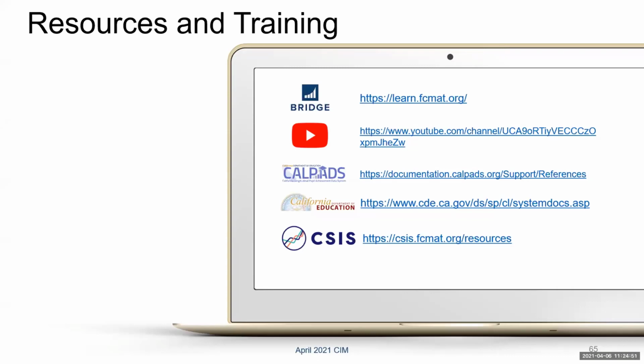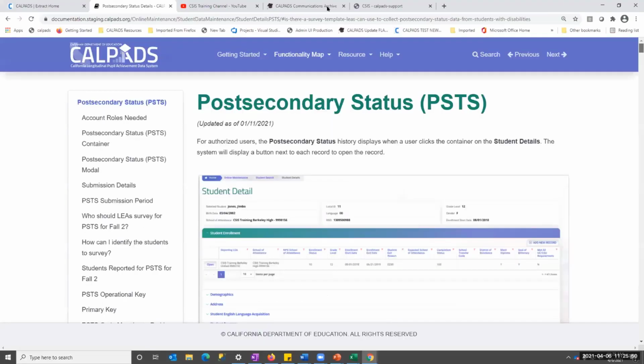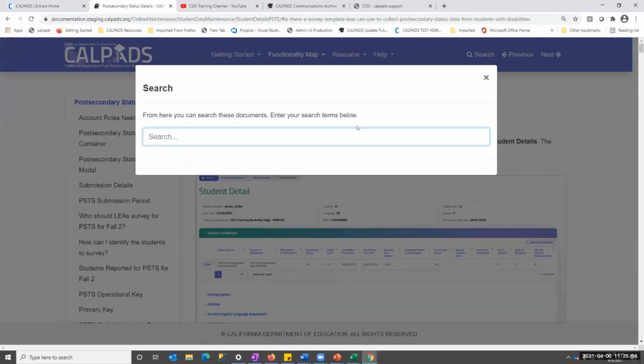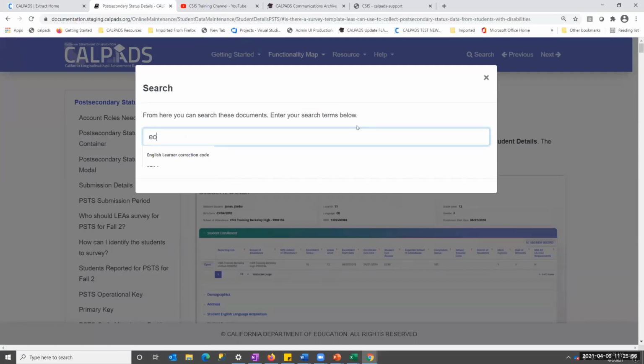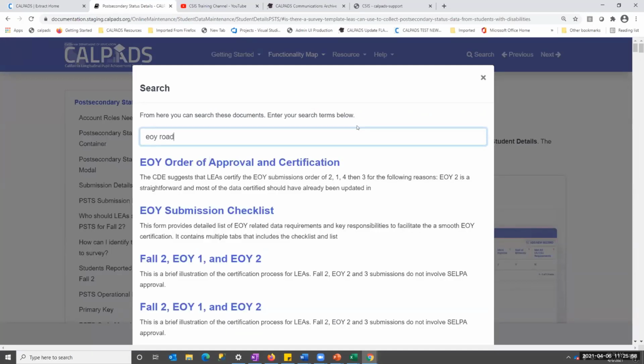And on our resources page, we've got Bridge, which is our learning management system for the LEA admins and SELPA coordinators. I showed you our YouTube channel a little bit earlier. We referred to the CALPADS help manual several times. Kyrene is doing a really good job beefing that up. Almost even yesterday, I found something that I wanted to show. If you're new, and so this is going to be your first end of year, he put together this really nice roadmap